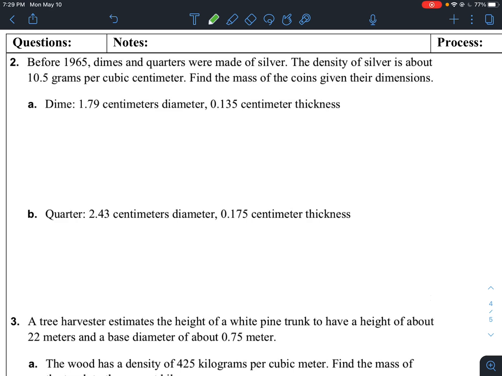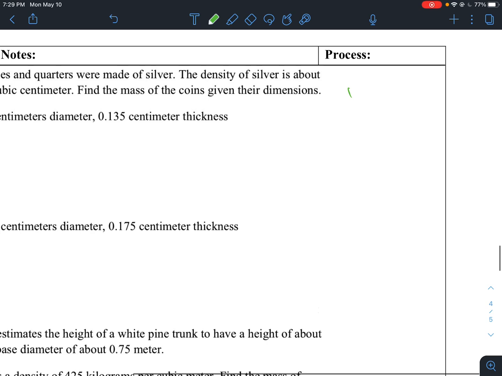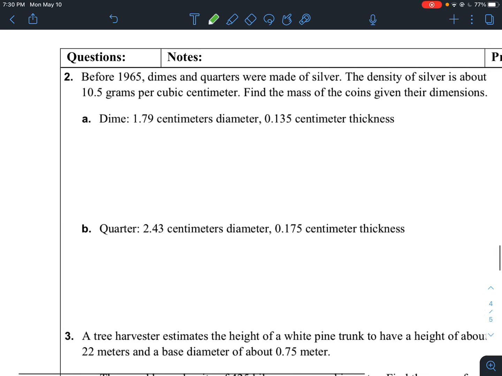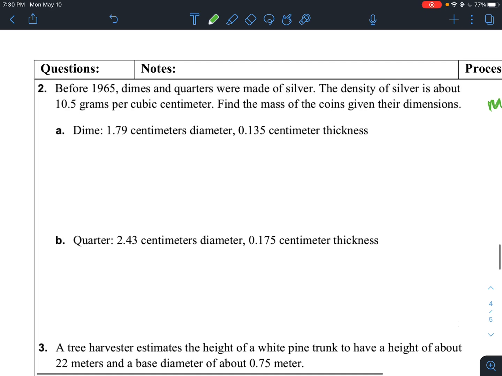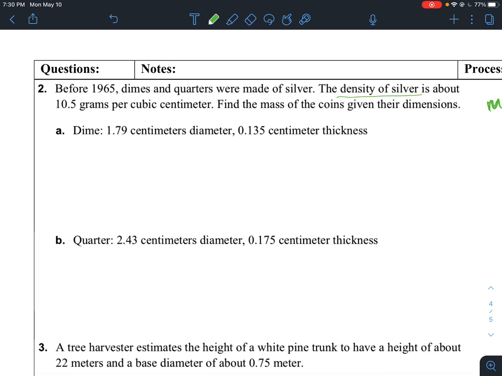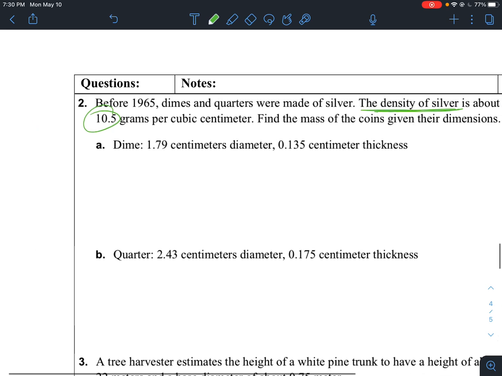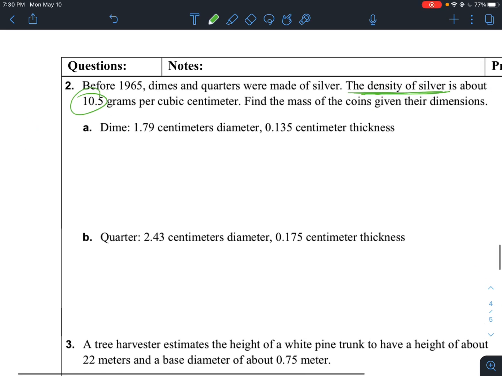So we want to find the mass. And remember that mass is equal to density times volume. So we know the density of silver is 10.5. So we have the density of our object, but we do not have the volume. So that's our goal, to find the volume. But we are given the dimensions of the dime. So if we have our dime,